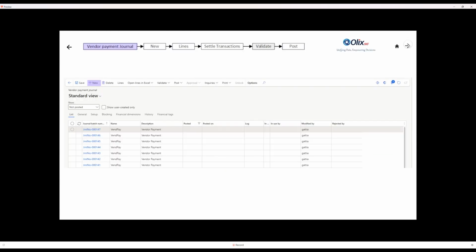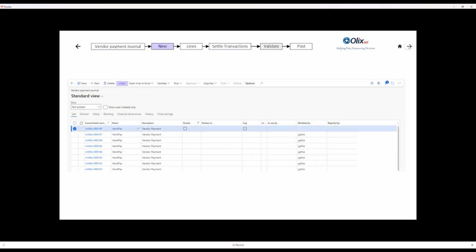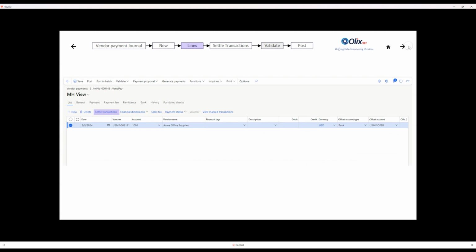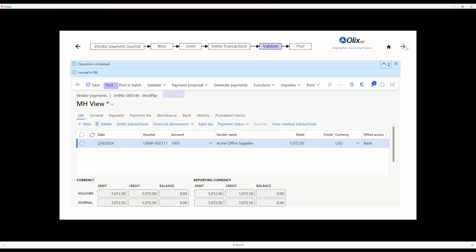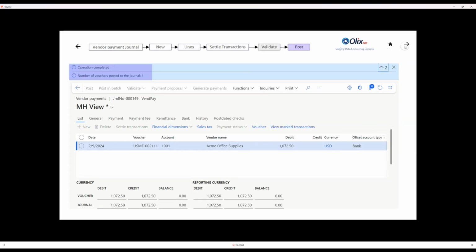In the vendor payment journal, create a new entry by clicking on New, add the relevant lines, and then proceed to click on Settle Transaction. This step provides a detailed overview of pending invoices with the vendor. Choose the specific invoice slated for payment, validate it, and then click on Post to finalize and complete the payment